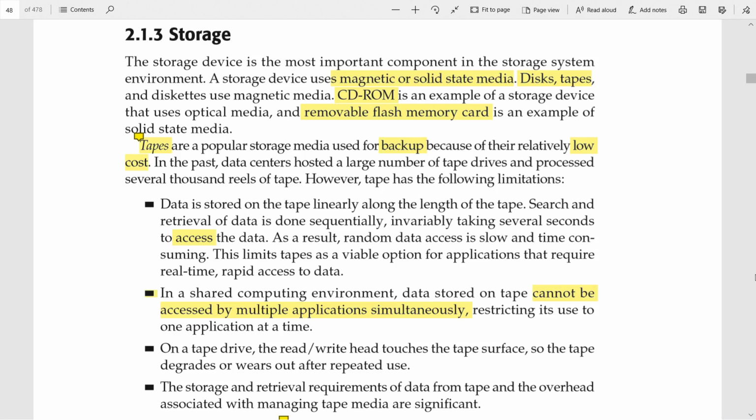So in the previous video, we had seen the two major components of the storage system environment. One is the host and the next one is the connectivity. We've seen what the host is and what its components are, the physical components of the host, that is the CPU, the input output devices, and the storages. The next component we had seen is connectivity, which is only the connection between the host and the storage devices. There also we have two components: one is the physical component and the next one is the logical component.